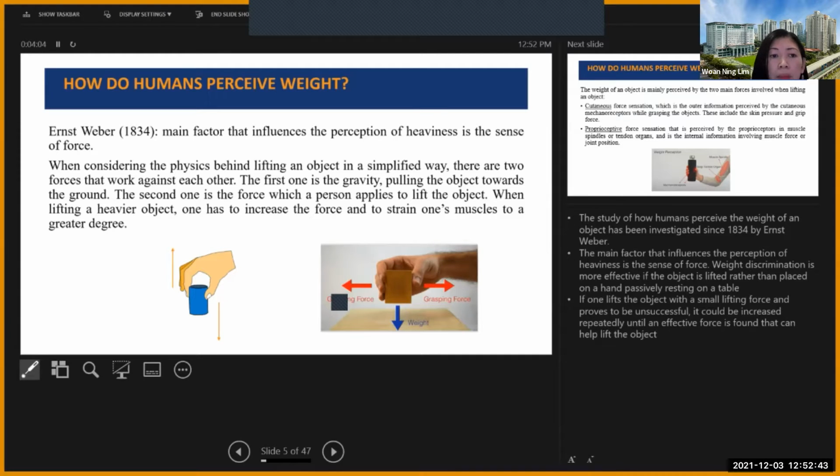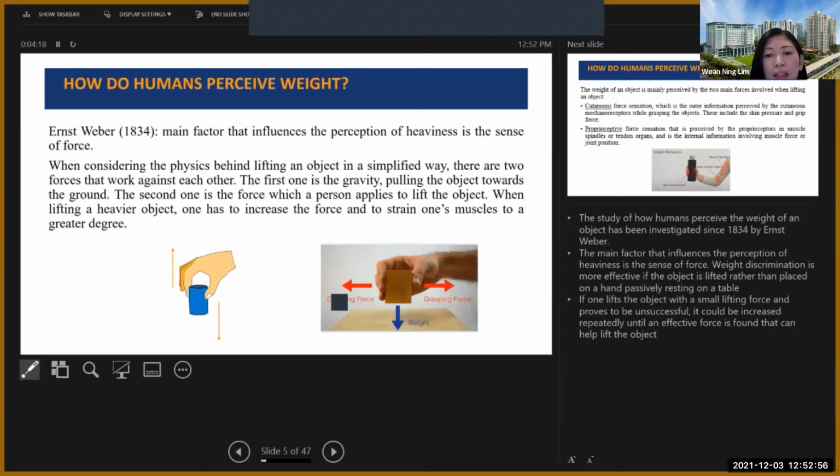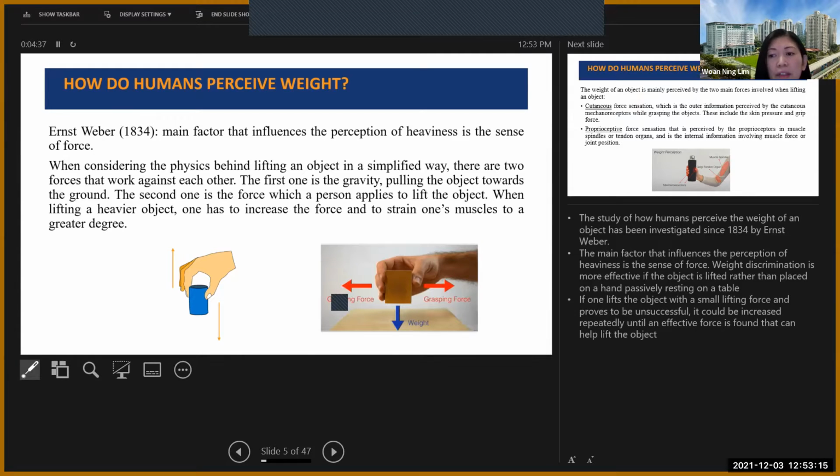There are basically two forces behind weight perception: the gravitational force pulling down the object, and the grasping and lifting force that our hands apply. If one lifts the object with a small lifting force and it is unsuccessful, then we increase the force repeatedly until we find a force that can lift the object, and this gives us the sense of heaviness.